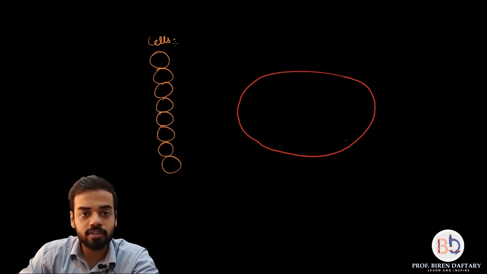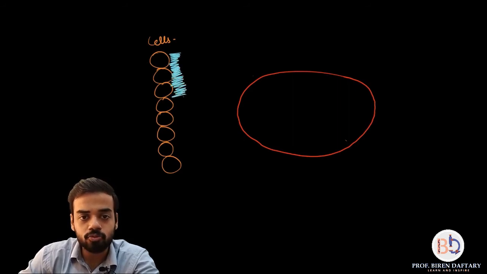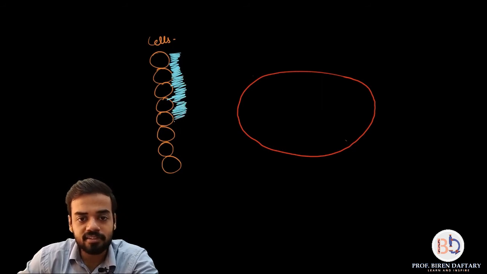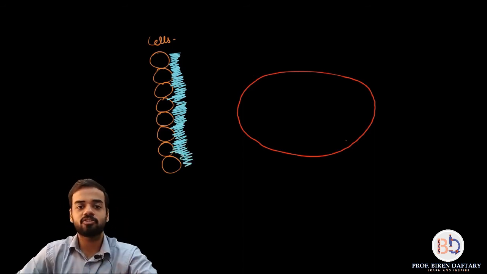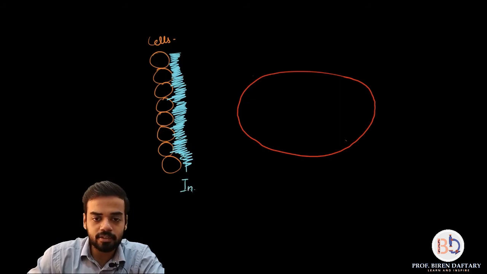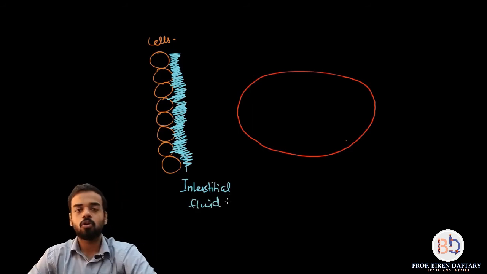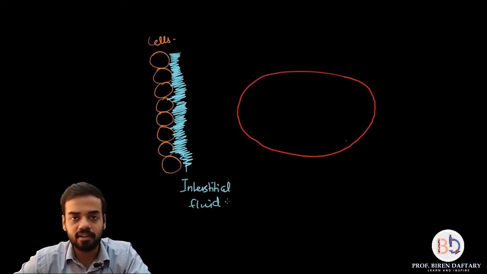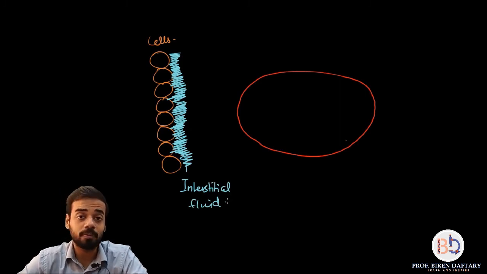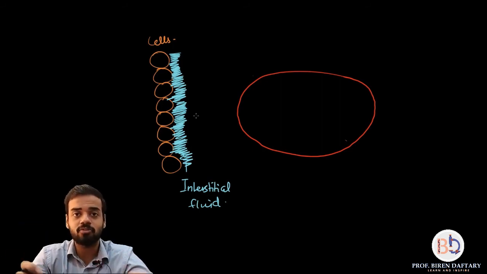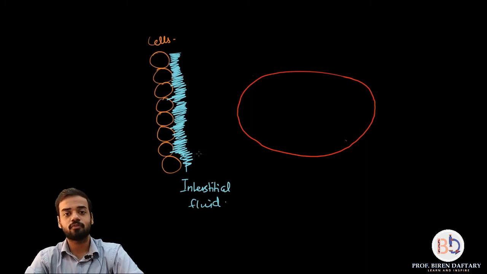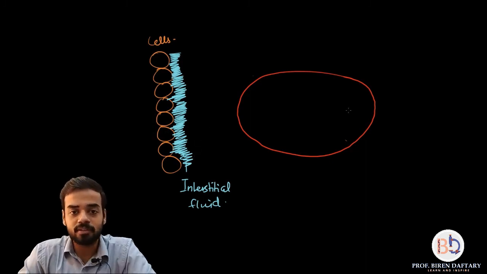And outside over here I am showing liquid, because I hope everybody knows that the tissue has got cells, and between the cells there is a liquid which is called interstitial fluid. Interstitial fluid helps in exchange of materials. So this is your interstitial fluid. All those who don't know what interstitial fluid is, kindly look at my lecture which is based on open circulation versus closed circulation. You will come to know what this is. So the liquid in the tissue surrounding the cells is called interstitial liquid or interstitial fluid. So what is going to happen is, this is there.